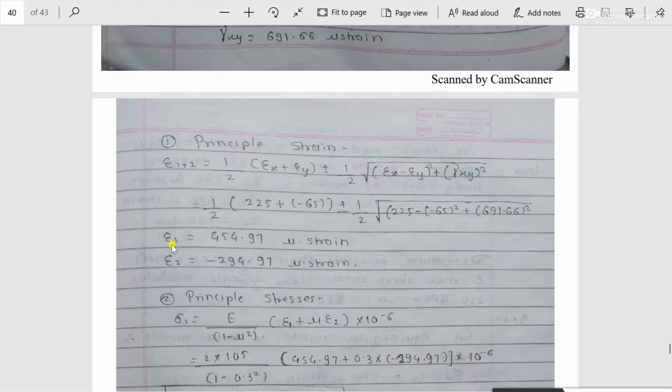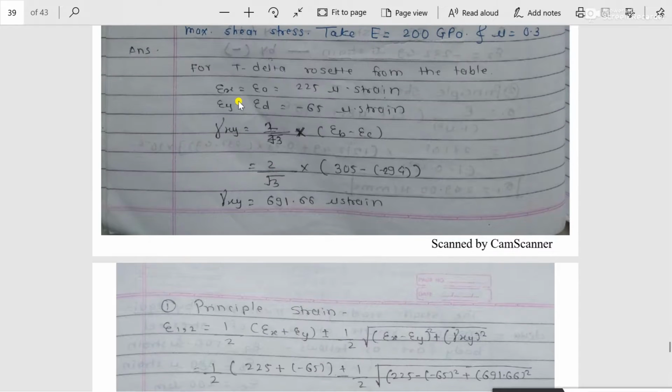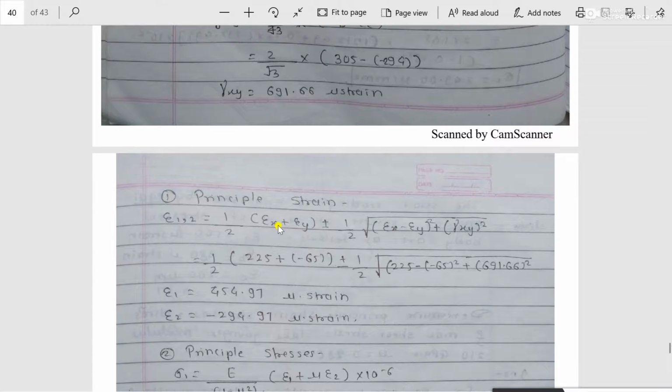The formula is given in the form of positive and negative. So to calculate epsilon 1, take the addition of these two equations. If I have to calculate epsilon 2, take the subtraction of these equations. By taking the addition first, I have calculated epsilon 1 by putting all the values. That means whatever the epsilon x, epsilon y, and gamma xy we have calculated, put all these values in this